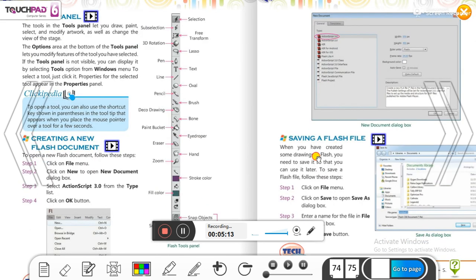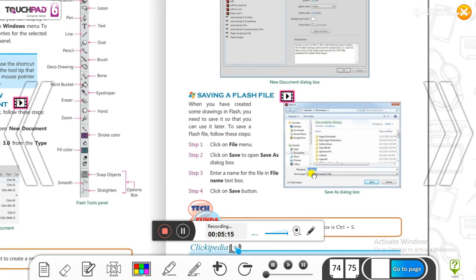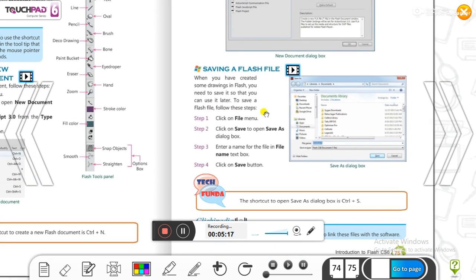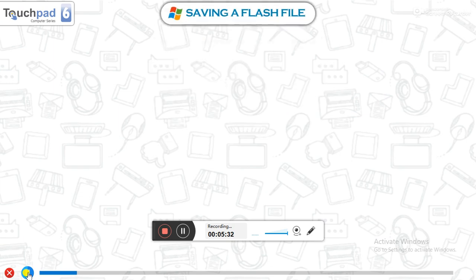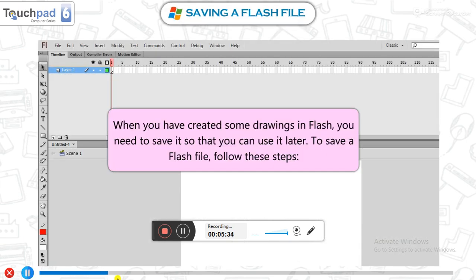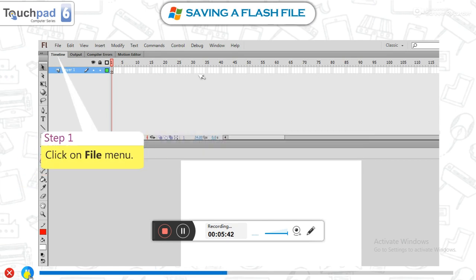For saving a file, you have to follow the same steps that you follow to save a file in any other application. It's a simple way.